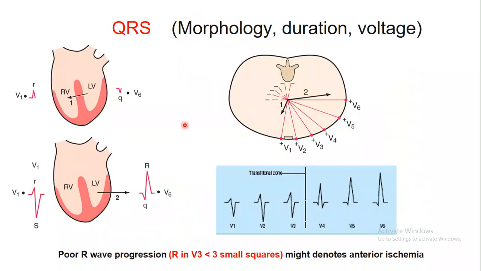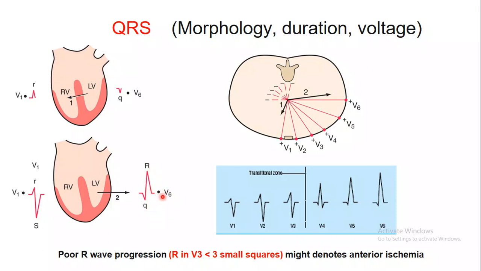Then moving to the next station, which is the QRS complex, representing ventricular depolarization. We are commenting on the morphology, duration, and voltage of the QRS. As we discussed and explained before, the morphology of the QRS is different depending on the camera or the lead recording. When we are looking from V1, it will be a small r and deep S. When we are looking at it from V6, it will be a small Q wave followed by R and might be